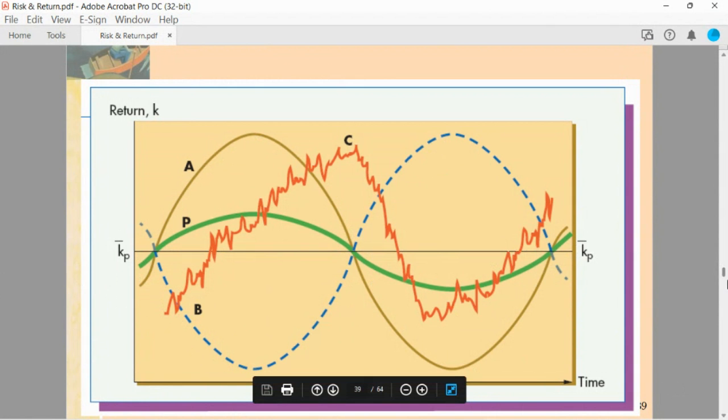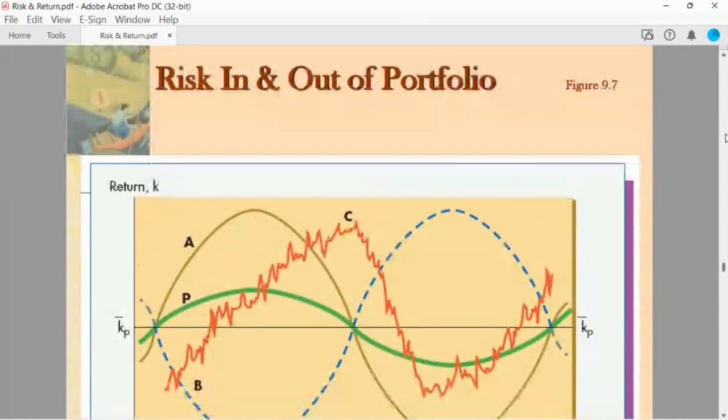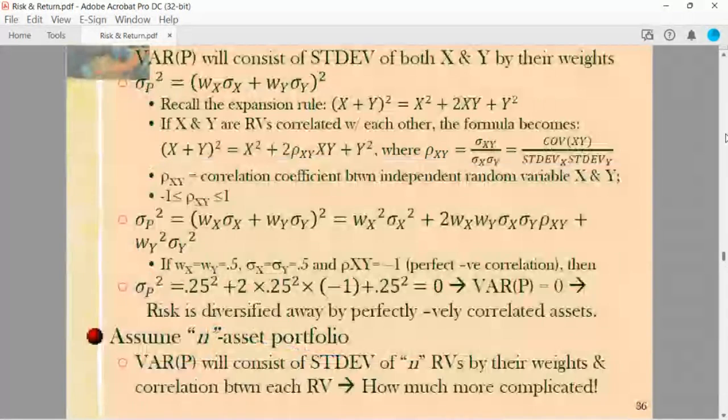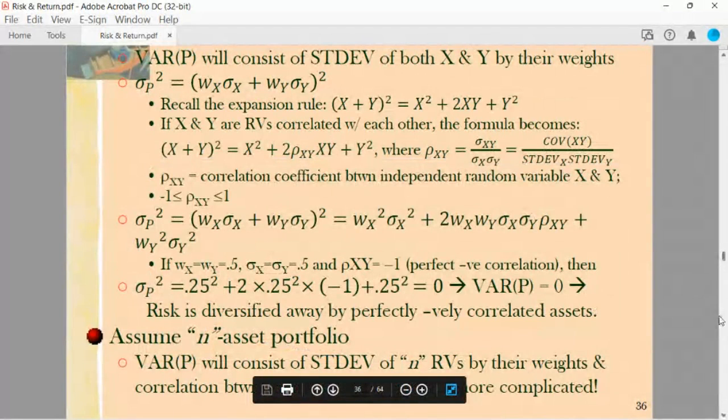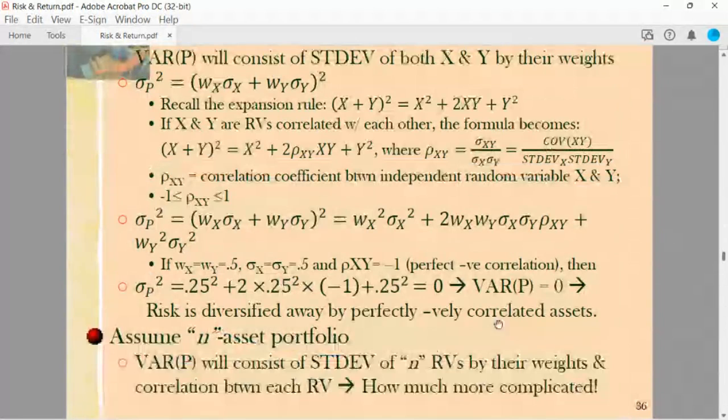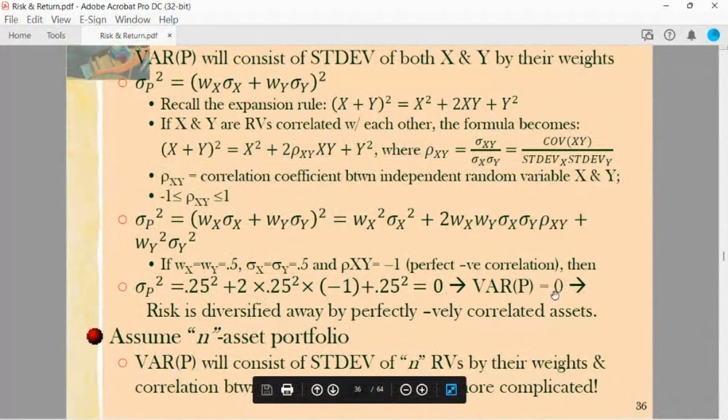With zero risk, because the opposite movements of A and B cancel out the risk. Okay, the main lecture video explains mathematically why. In other words, the variances of the two stocks will cancel out each other,